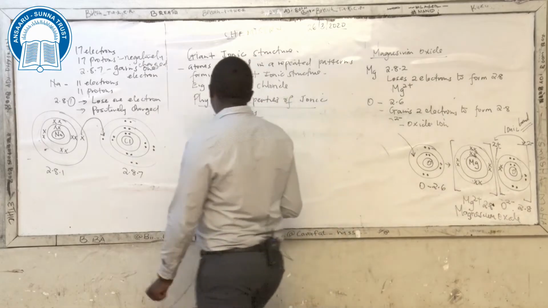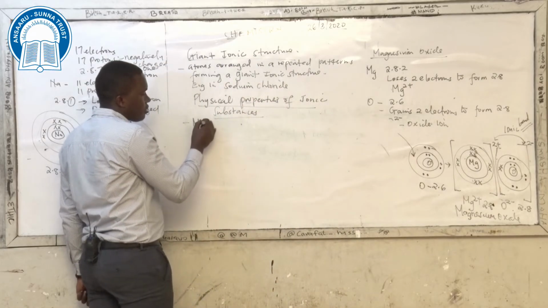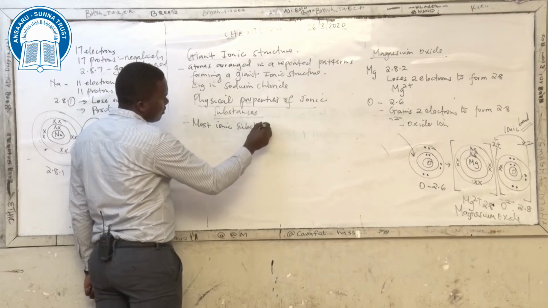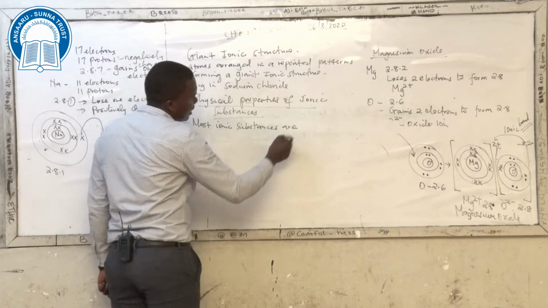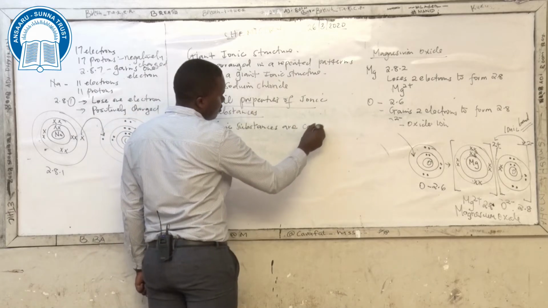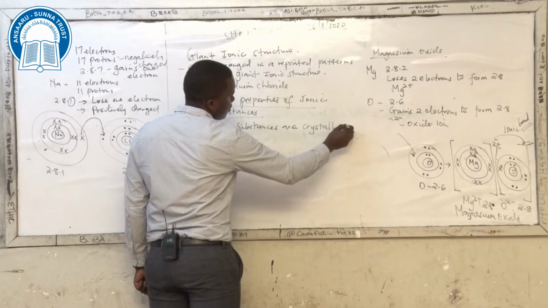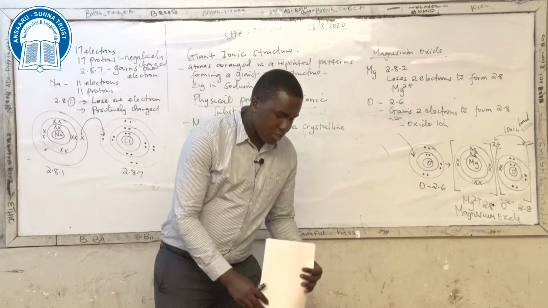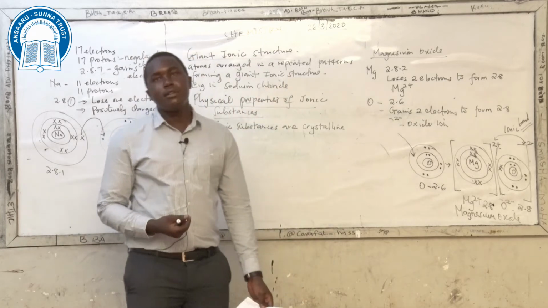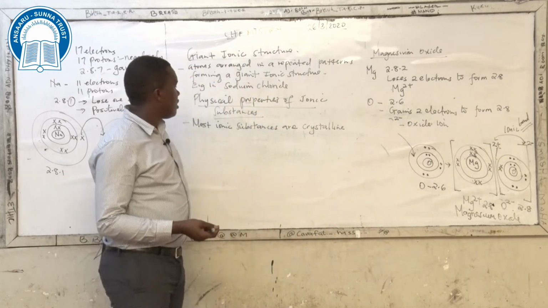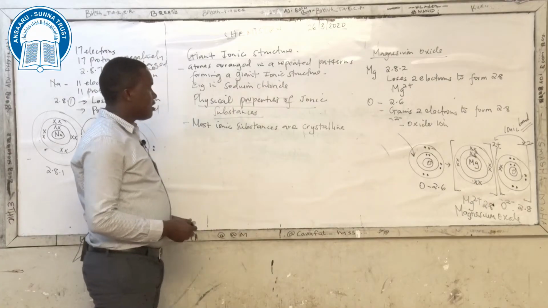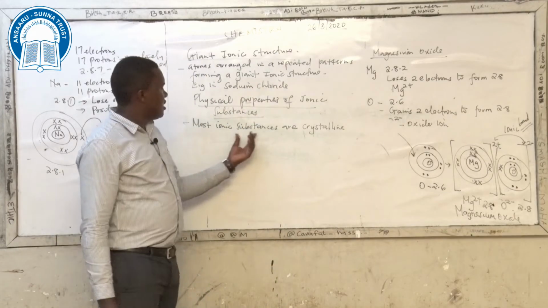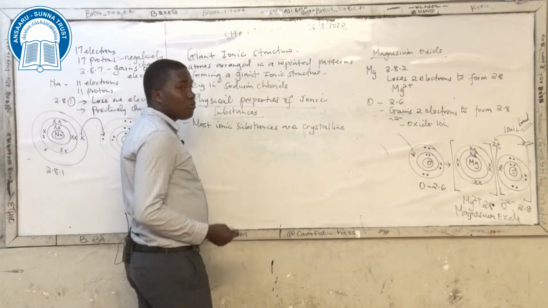One thing that you have to know is that most ionic substances are crystalline. Crystalline means they are in the form of crystals, most of them like sodium chloride crystals, which is the normal table salt we use to add flavor in food. So having seen that most of them are crystalline, especially at normal room temperature and pressure,